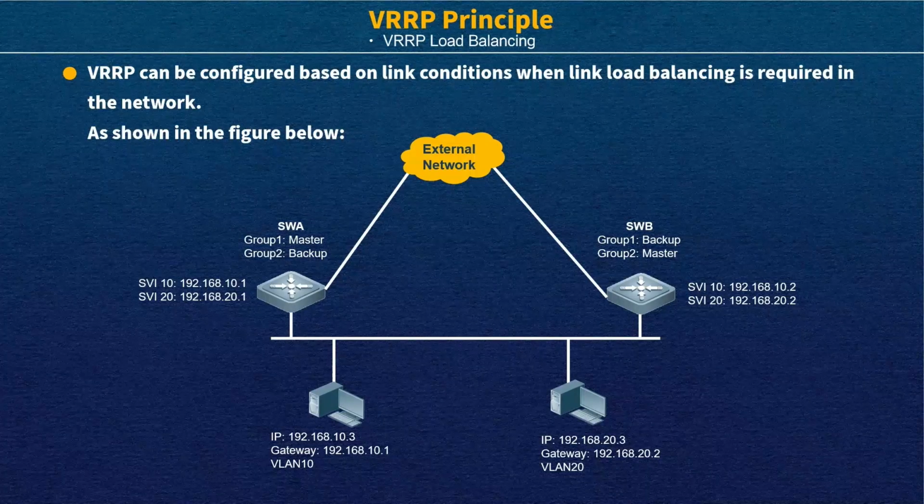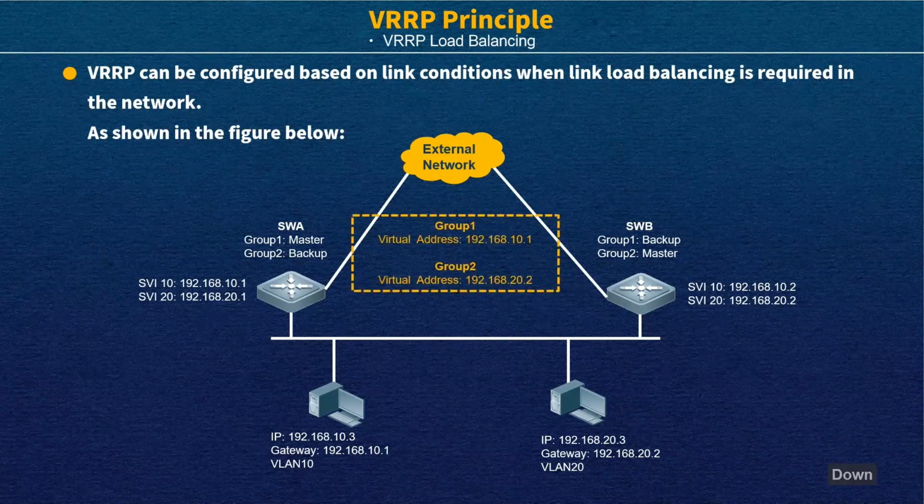And here I don't give you the command how to create the load balance. It's very easy. You only need to create two more groups. And group 1, for example, switch A priority is 100. But about group 2, switch B priority is 110. Something like this. So this is a basic configuration of VIP load balance. Create two groups, right? And give two virtual addresses. And this virtual IP address will be the gateway of the terminals.